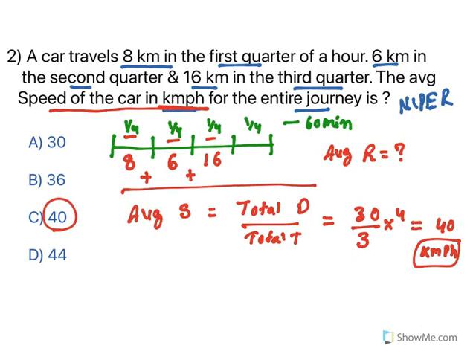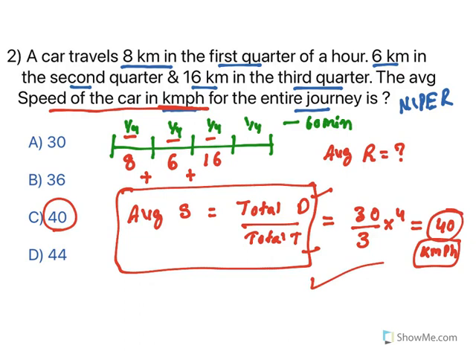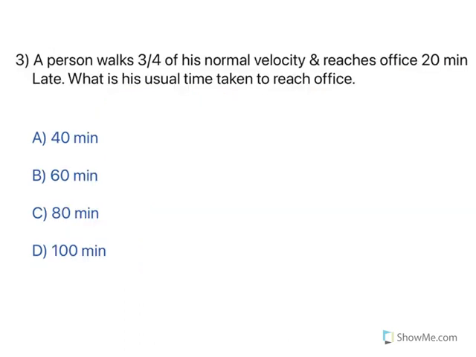Again, understand, this is an important one. If you want to calculate the average speed, you need to calculate total distance and total time. So the time is 3/4 and you get 40 as the answer, right? Again, moving to the next one. Again, this is also given in NIPER. Okay, let us understand what the question is about.